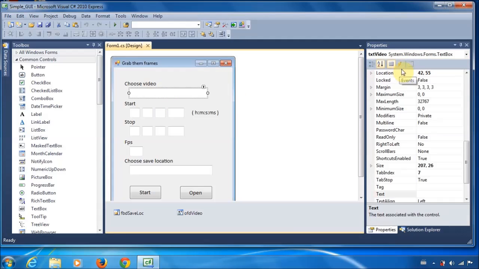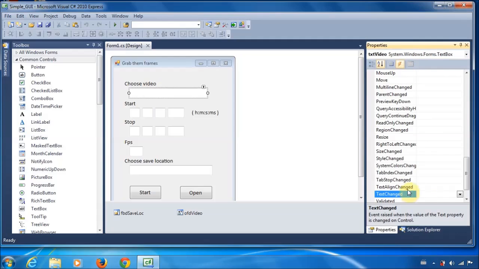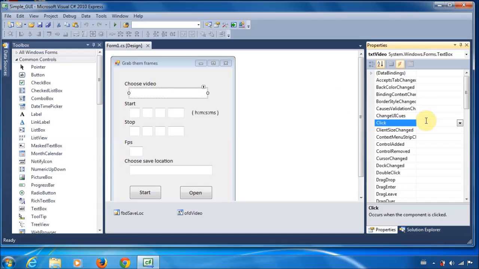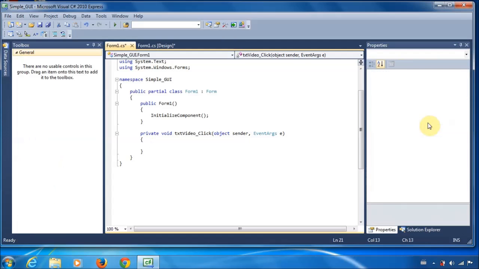there's a tab that says Events, so that's the one that interests us. The default event for this text box, or for any text box, is on text change. So when someone starts typing, do a bunch of stuff, but we're interested in a click. So if you double click here, what it's gone ahead and done is generate this function. So it says on the text box click, we're going to do some stuff,